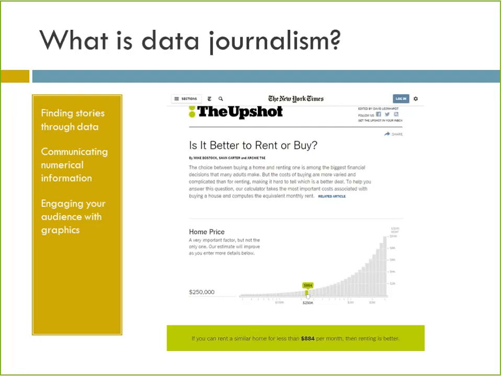So here are a couple examples of people who do data journalism to show you how important this is. The New York Times has a really good data journalism blog called The Upshot, and they write about everything from economics to sports to politics, lots of cool stuff there. It's hard to see because of the brightness, but this is a bar chart here. It's because it's really light gray. Just trust me, it's there. It's a little piece of data.